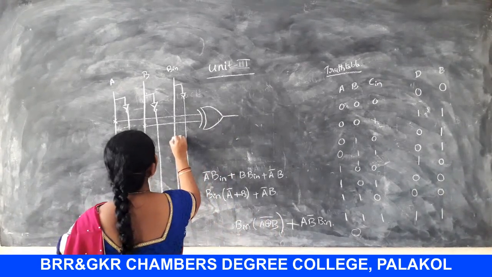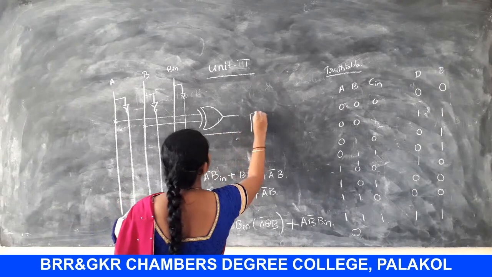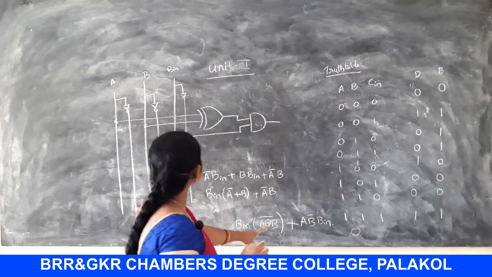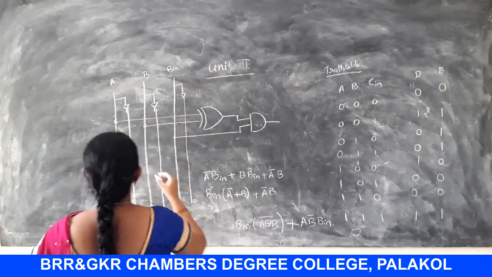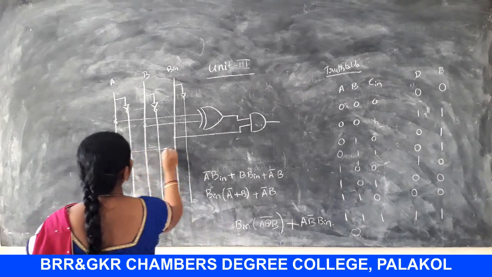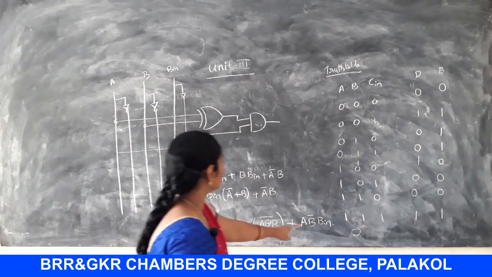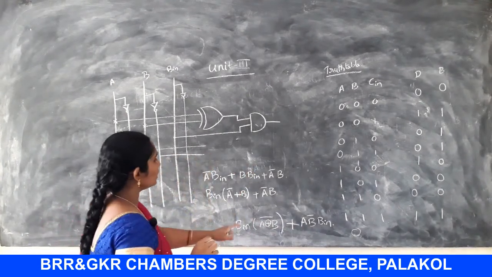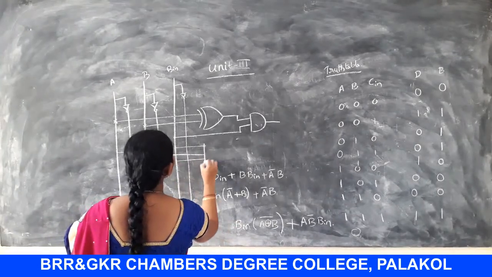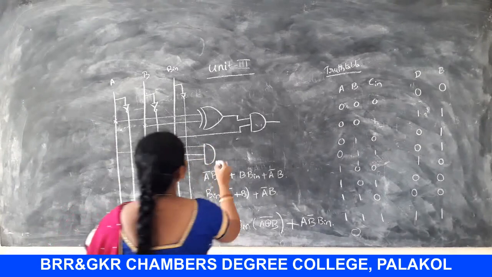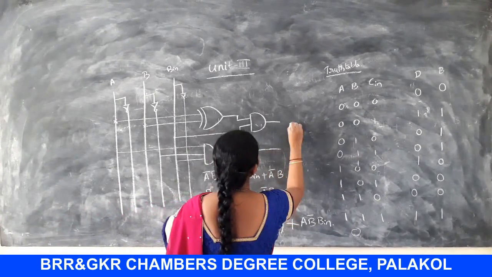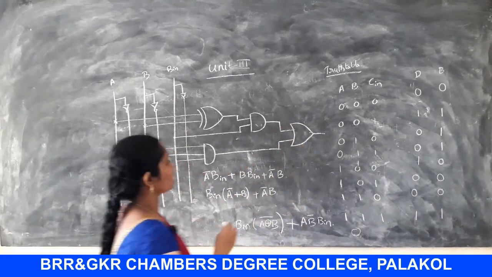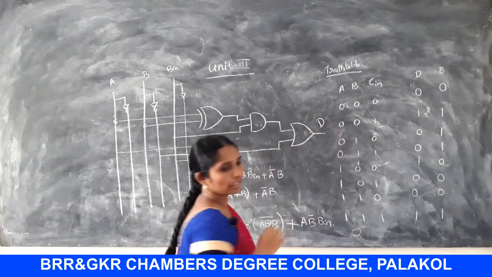So here this is the B in, ANDing is nothing but. So likewise we will draw this, and another one is A. So here this is A, and next one is B bar. So here this is the B bar, and the next one is B in. So here this is B in. Okay. So combining of these two, it will form the difference. So it will form the difference output.